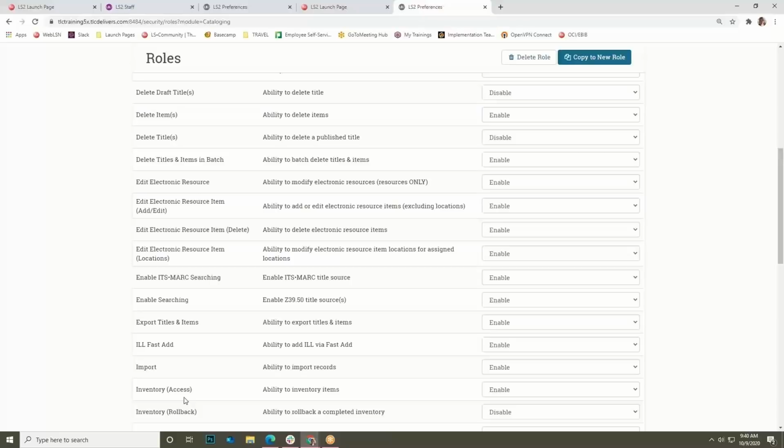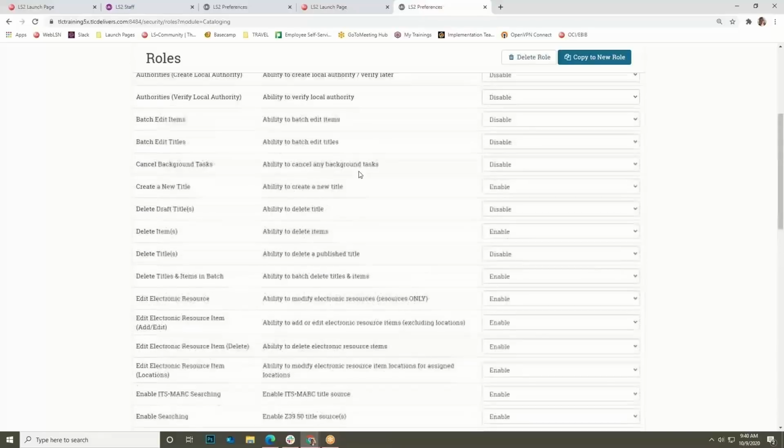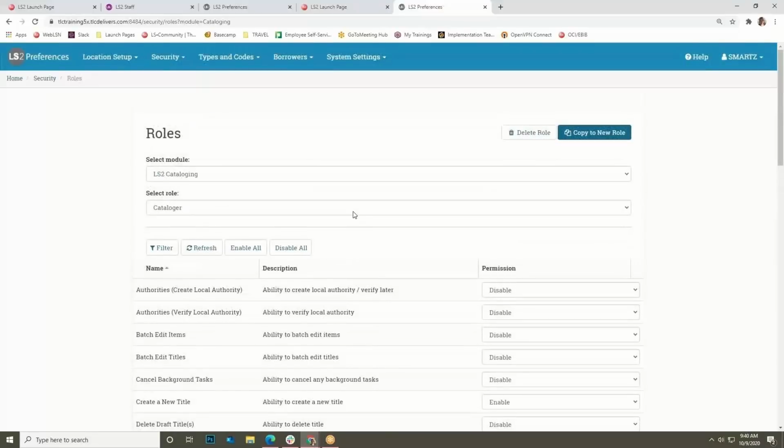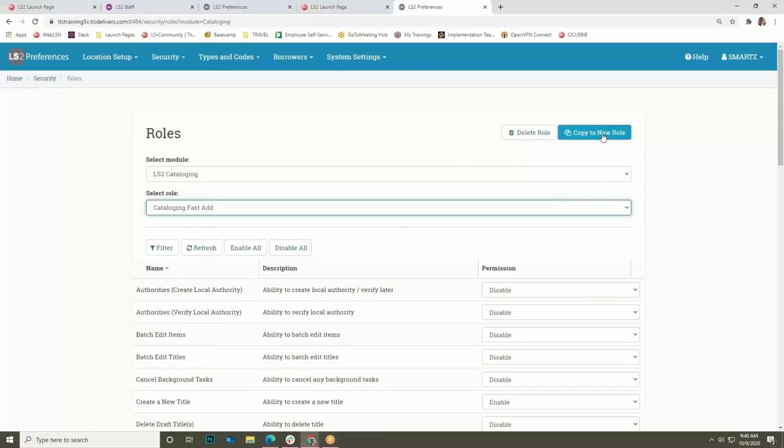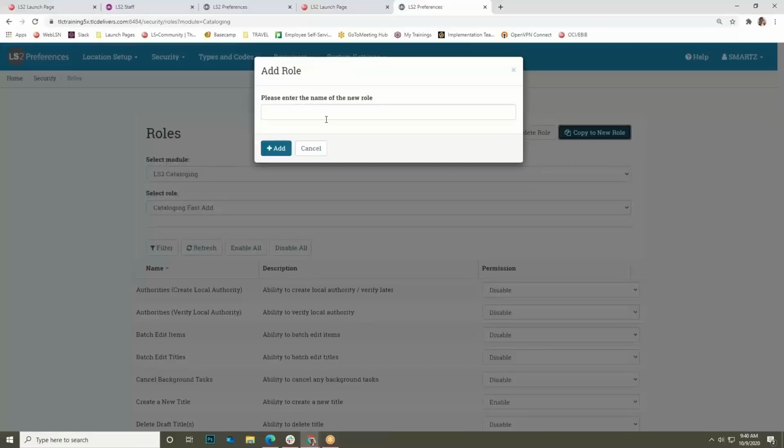Now say you have volunteers that are running inventory. We obviously do not want to give them all of these other cataloging permissions. To create a new role, simply select the role most similar to the one you are about to create and use Copy to New Role. Name the new role